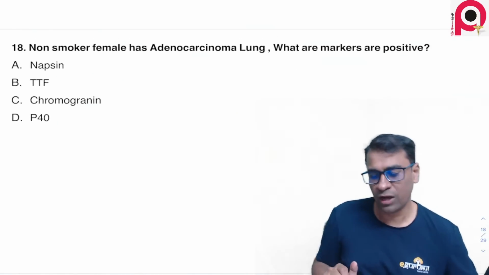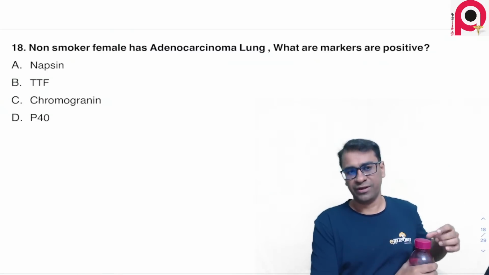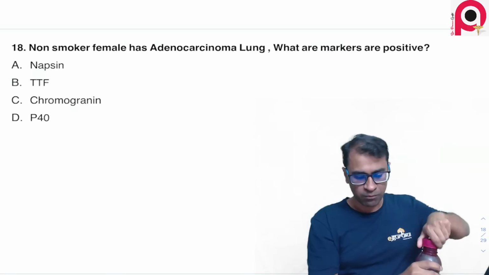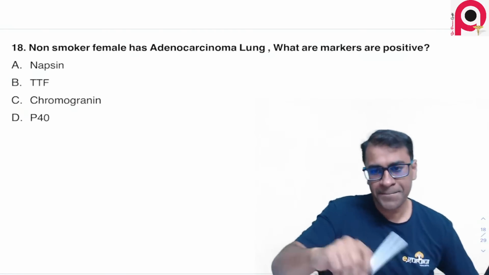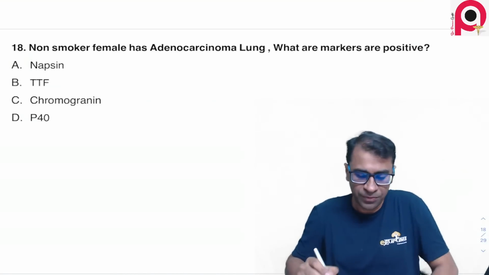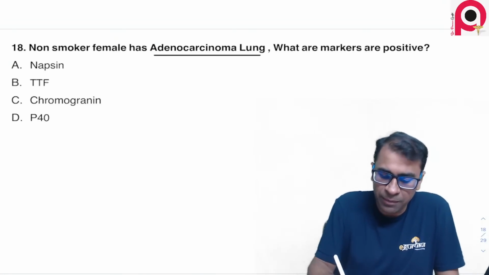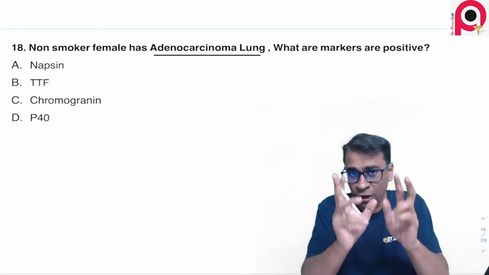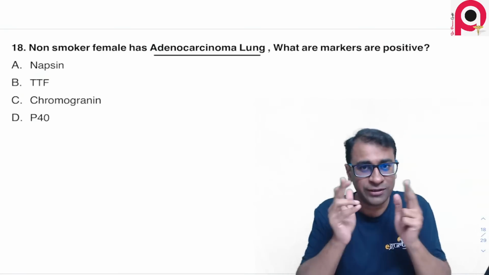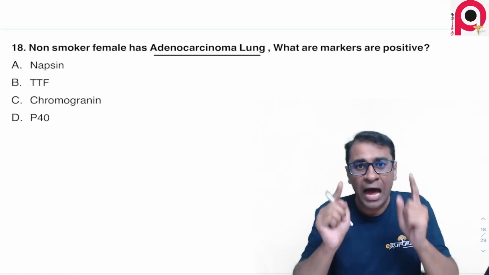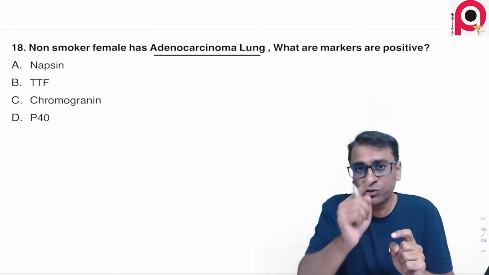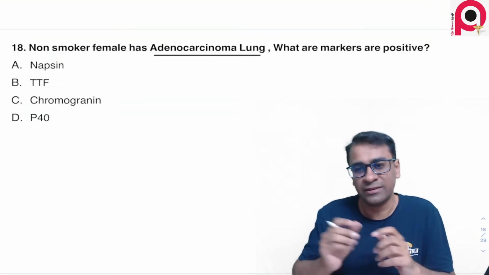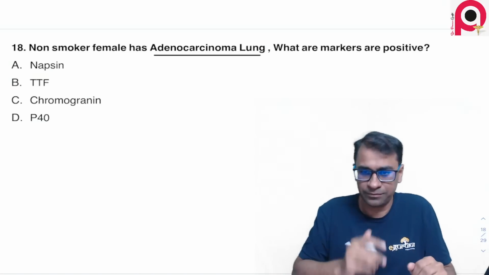Non-smoker female has adenocarcinoma lung. What are the markers which are positive here? Well, this question is showing you it's an adenocarcinoma of lung. Now remember the markers and the IHC. IHC के ऊपर तो इस बार बिल्कुल ताबड़तोड़. You know what I say in my classes, and many of you who are actually watching this video will tell you whether it's true or not. अपना नाम भूल जाना, but immunohistochemistry मत भूलना. CD marker मत भूलना. इतना important होता है these two. And this was actually the question formed here. ठीक है?